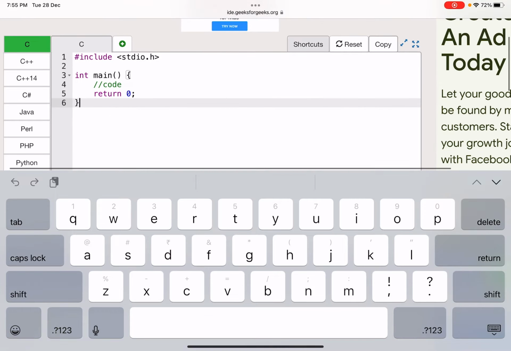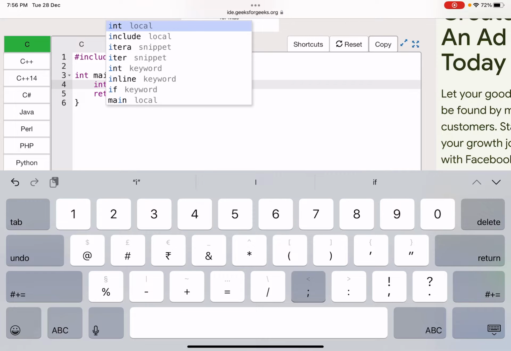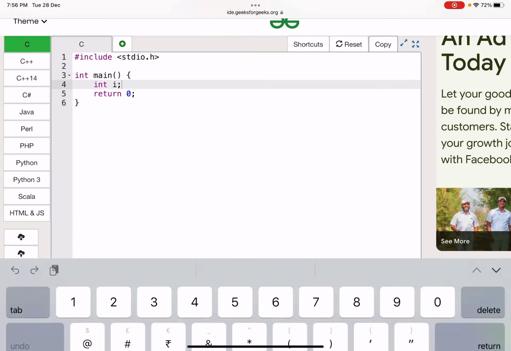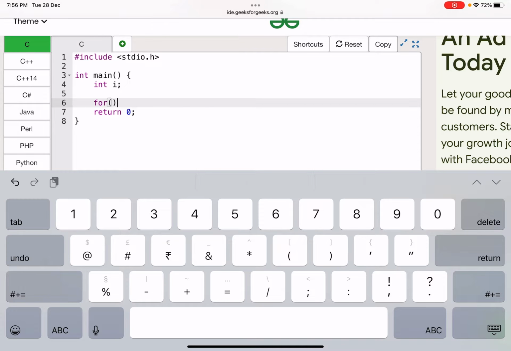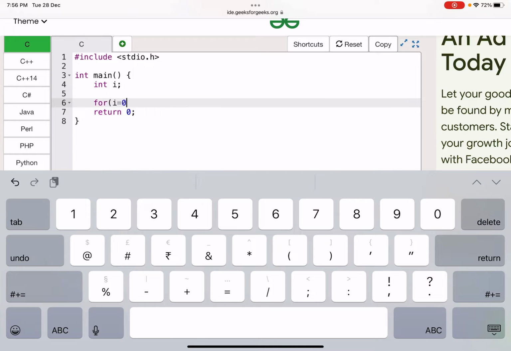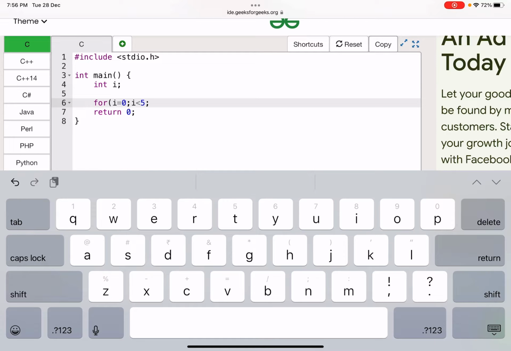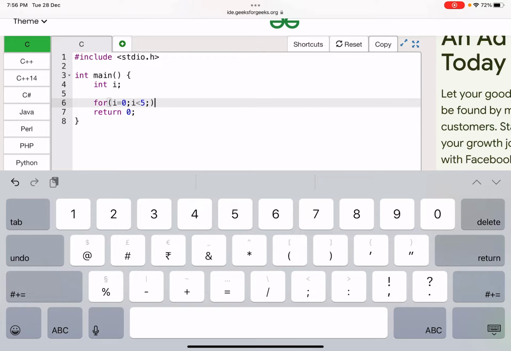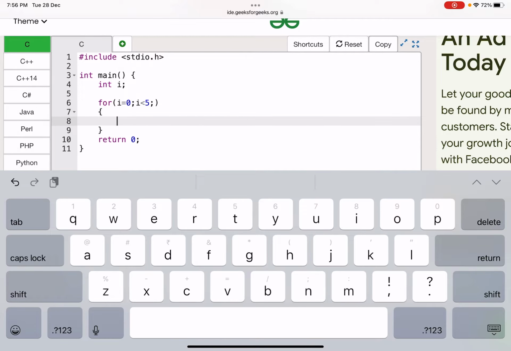Okay, see now, I'm initializing a variable int i, in which I'm going to use my loop. Now see this, for loop, for and conditions. For i is equal to 0, i is less than 5. No initialization, nothing. Return, bracket open. Where is my flower bracket? My eyes are gone today. Okay, flower bracket done, printf.